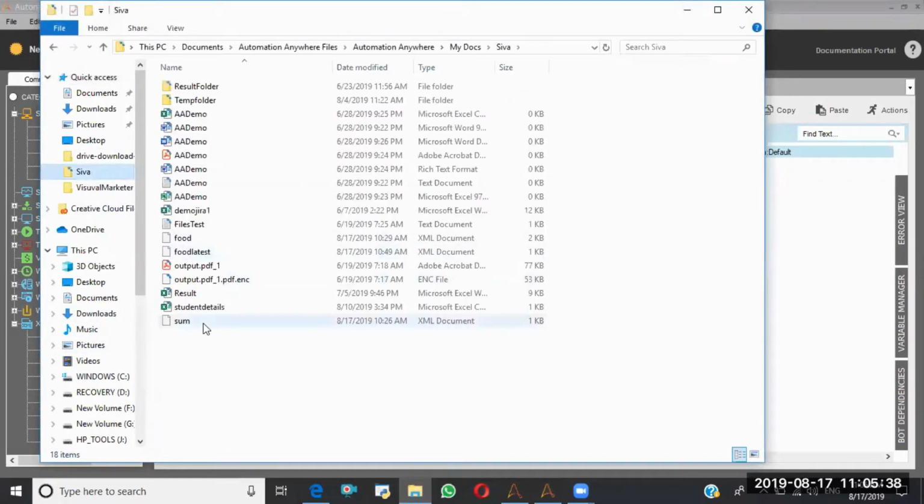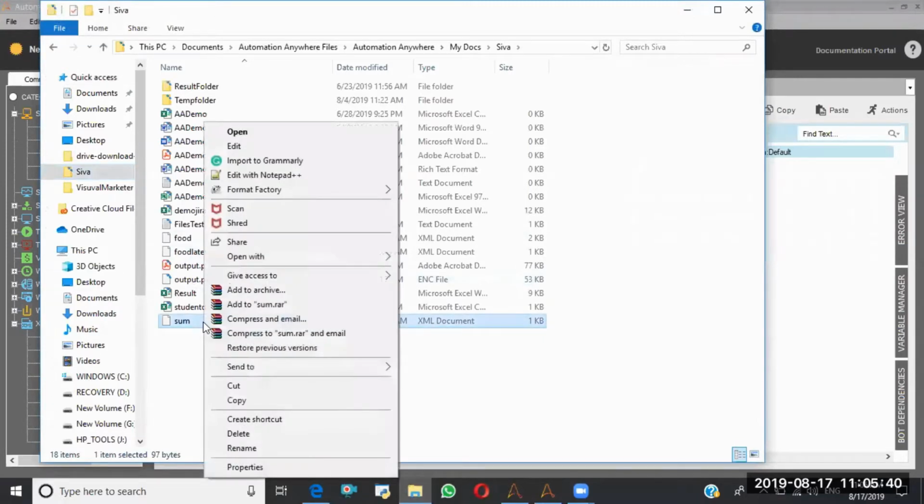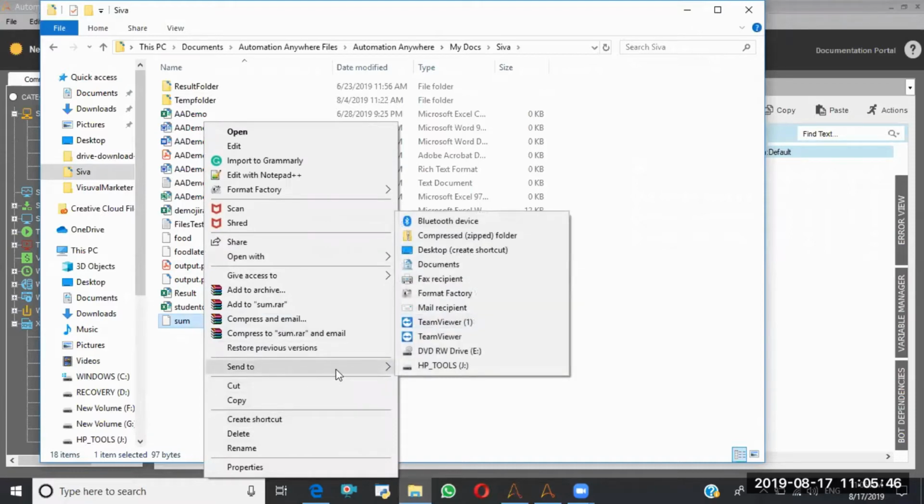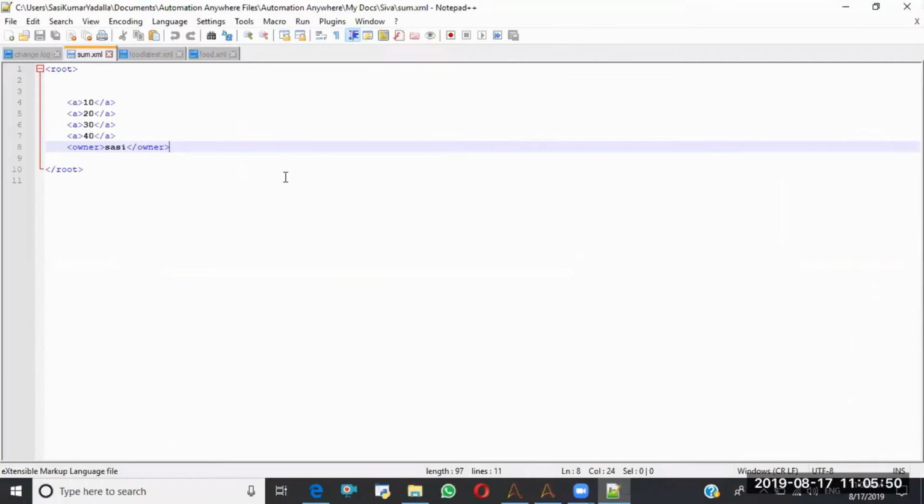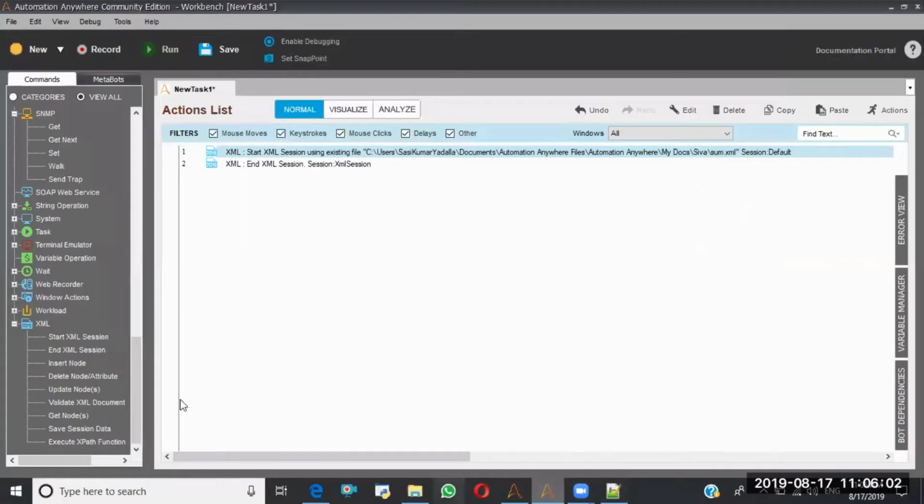So this is the sum file, right? Here I'm editing with Notepad++. Here I have these many nodes. I want to get the owner node. Now let me go with this one.